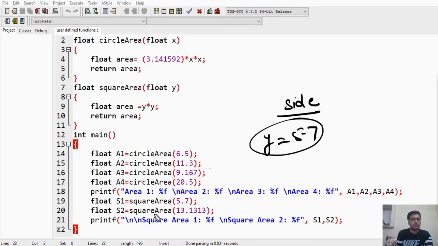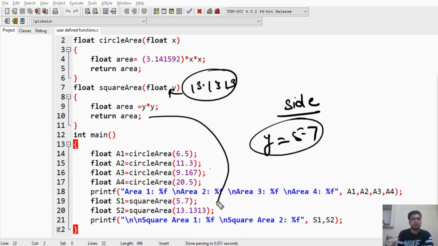Similarly, it will calculate the area with 5.7 and send it back to S1. Again, y will be set to 13.1313. It will calculate the area and send it back to the main function, and it will be set to S2.